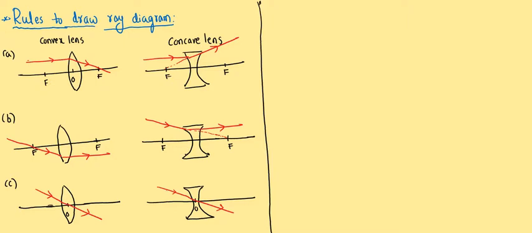These are the rules to draw the ray diagram. Very easy. Parallelly incident passes through focus. Through focus incident passes parallel. Through optical center incident passes straight. No bending. While solving the problems, you should remember sign convention rules. I'm going to explain the sign convention rules. Very simple sign convention rules. You should follow these while solving the problems.